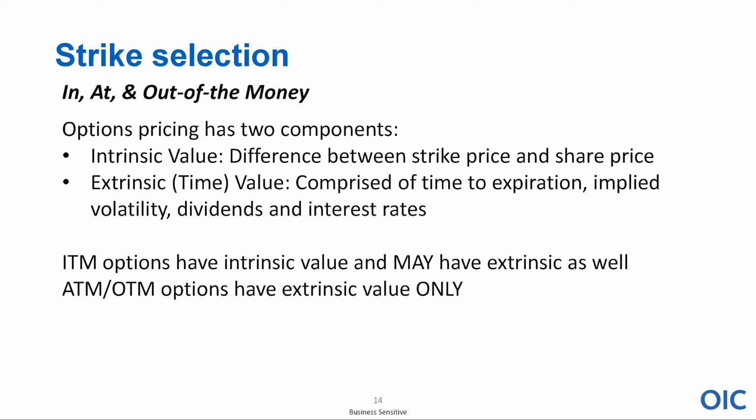When we're looking at time value, this is the tough one to measure, isn't it? If the stock is at 79 and I'm looking at the 75 strike price call, that's an easy one. That's $4 of real or intrinsic value, right? But when I'm taking a look at the 80 call, maybe the 80 strike price call is trading for $2. Well, how do they come up with that? Well, it's pretty simple. They're taking a look at how much time we have until expiration, right? How volatile is this stock?